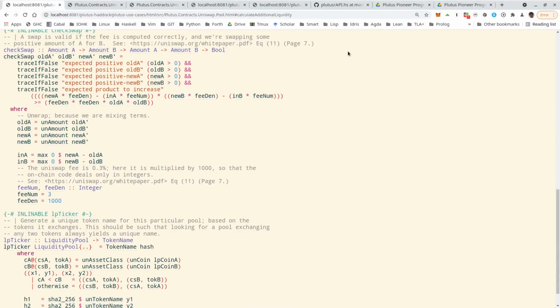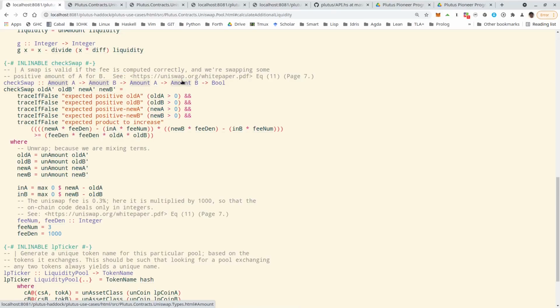Check swap is arguably the central function of the whole Uniswap system. It calculates a swap. So this says how many A's and B's are originally in the pool, and this says how many A's and B's are in the pool after a swap, and it just returns whether that's okay or not. So in principle, it just checks that the product of the last two arguments is larger than the product of the first two.